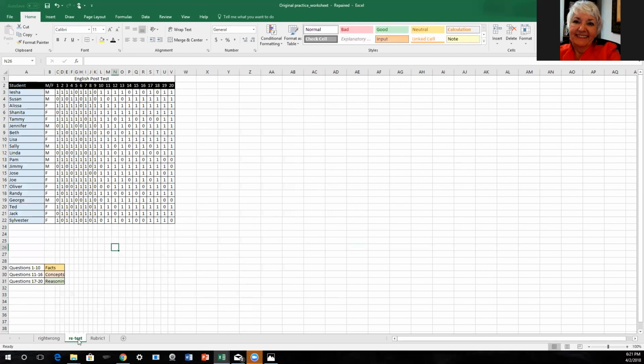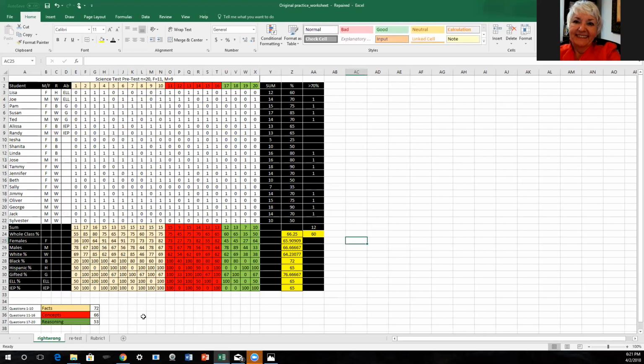You'll go through all of the same spreadsheet maneuvering that we did on this one for right-wrong in order to create your data set from which you can calculate. So the interesting thing that we haven't done yet that you would want to do is, let's say that you gave students a pretest, and you gave them the post-test,